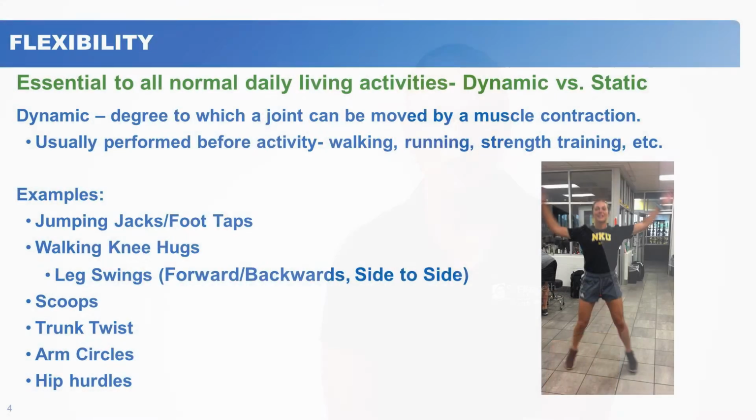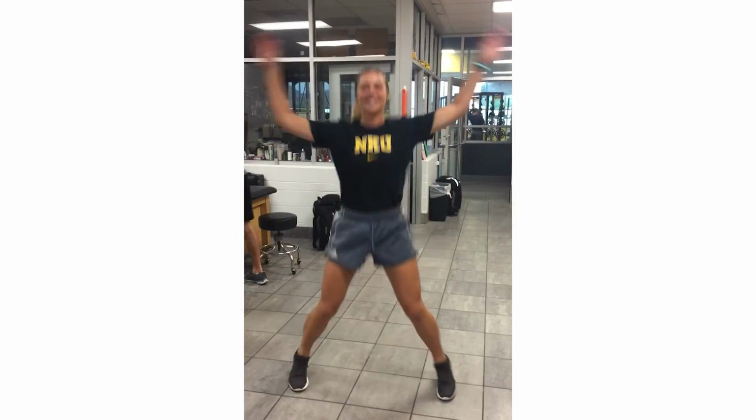There are 2 different kinds of flexibility. We're going to work on dynamic and static. The dynamic flexibility we're going to work on is the degree to which the joint can be moved by a muscle contraction. It's usually performed before activity, so before walking, before running, before strength training. So some examples of this are